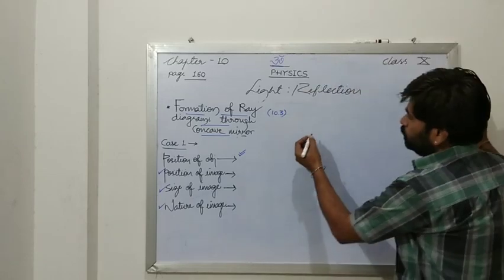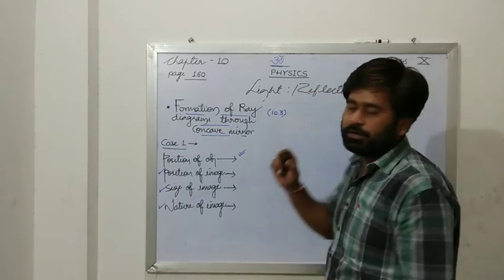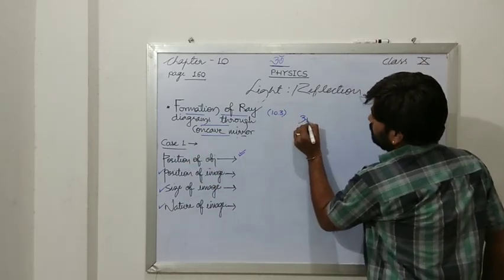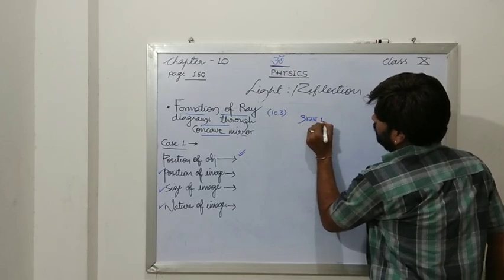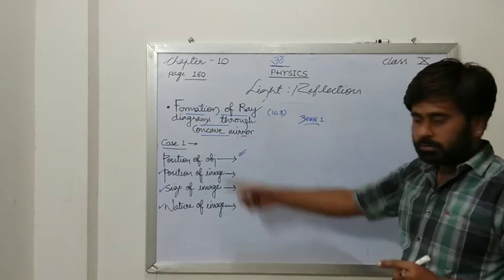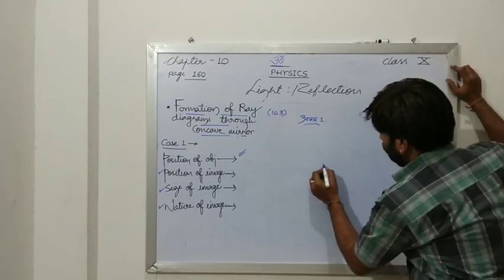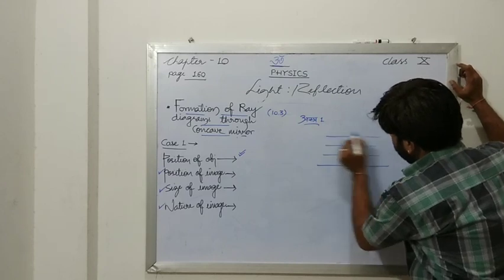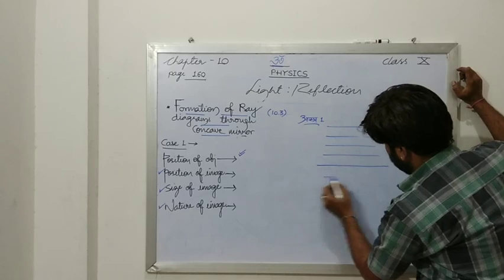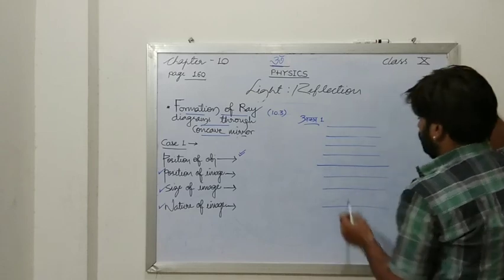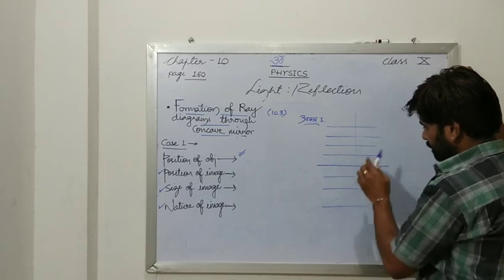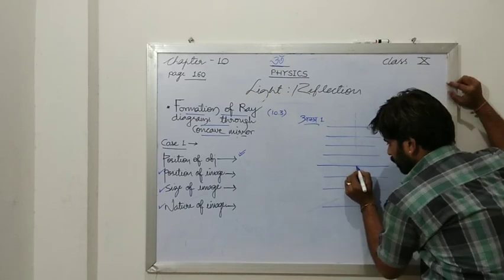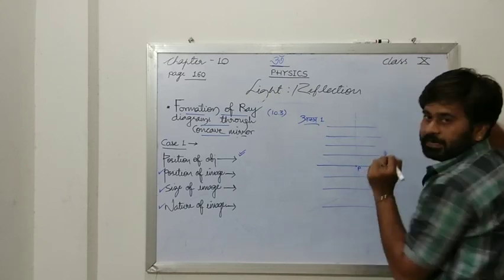Again, as in our last video we have seen how to draw the diagram. Okay, so that was the Astra one, as I have already defined. That was the trick how to draw the diagram. So once again, according to your copy ruled page, 3 lines up, 3 lines down, then you have to put a normal there. Yes, that normal should be with dash line. This will define your point P, that will be the pole.